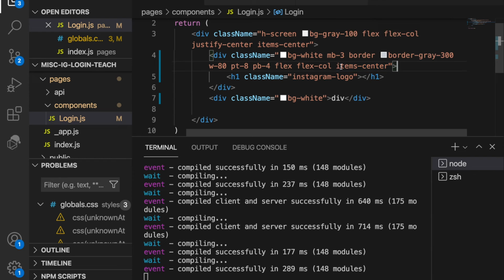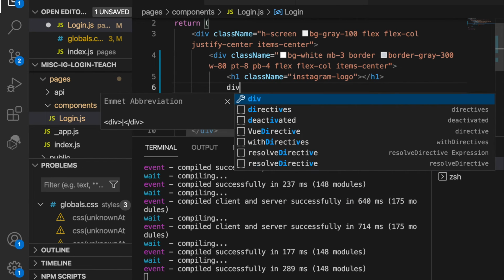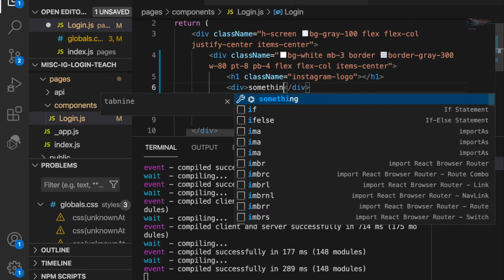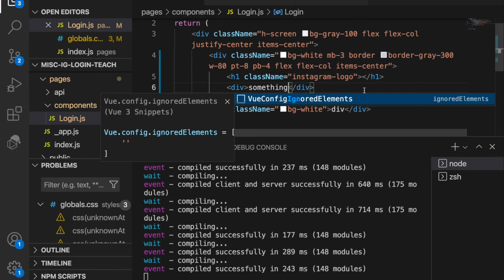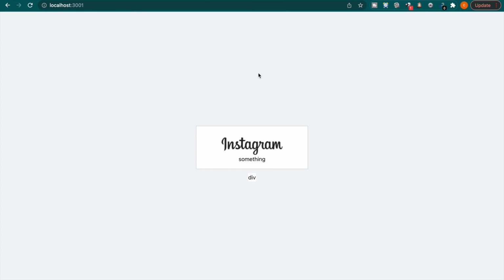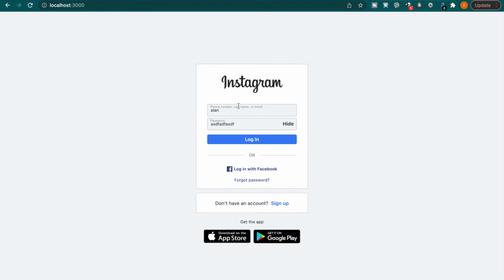And if we add the item center here, we should expect that it will align vertically center. So if we go back to our website, you can see it aligned vertically center. So later, if we add this input field, we can expect this also aligned vertically center. And just like the finished version,